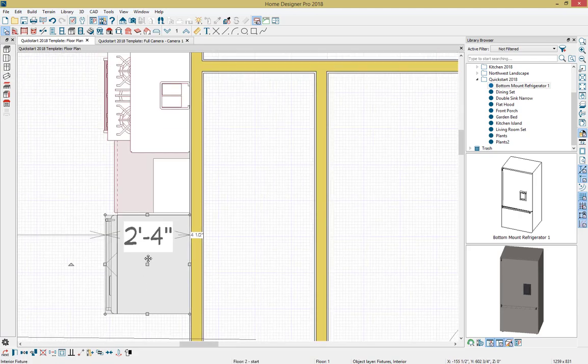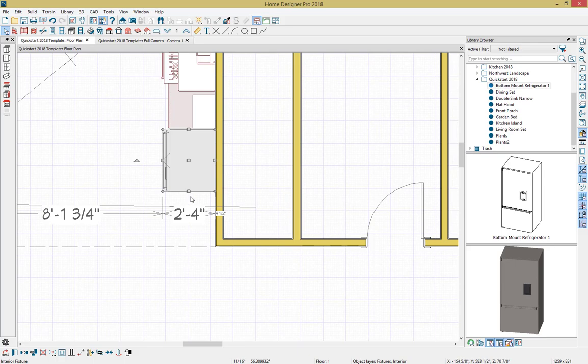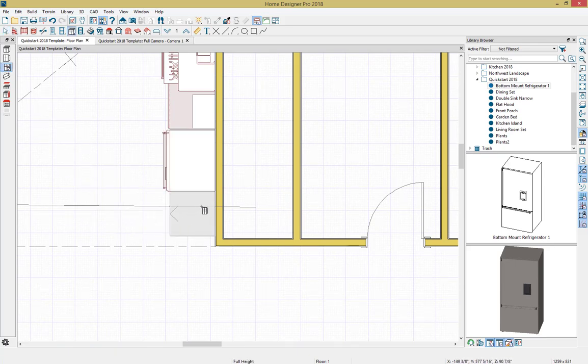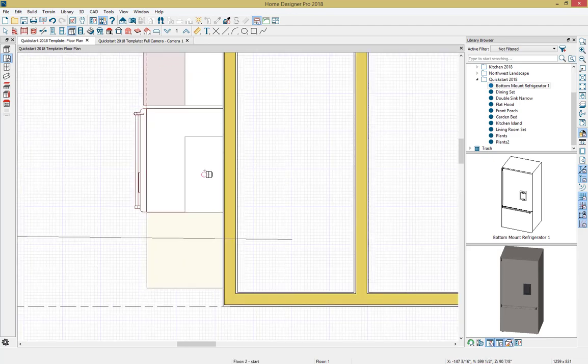There we go. And then I'm going to place a full height cabinet on the other side of our refrigerator. So I'm going to select that from our cabinet tools and then just come into our floor plan and drop it in. And then next I'm going to drop in one more wall cabinet underneath our fridge. So I'm going to go over to our wall cabinet tool and then just click and drop it in right there,